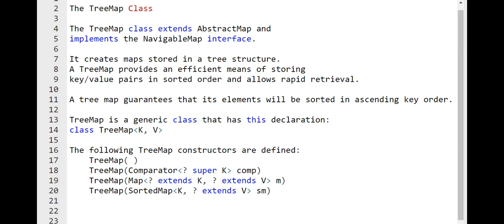The second constructor will construct a tree map based on the sorting done using the comparator object that we are passing. So how to sort? If they are basic data types, then sorting them in ascending order is not an issue.